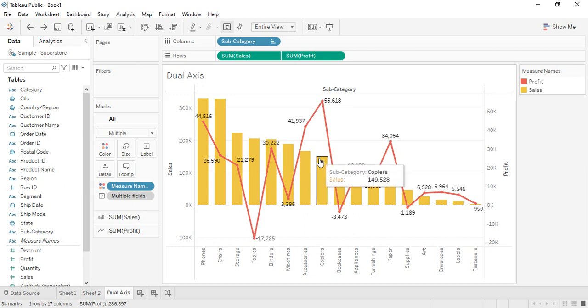That's the dual axis. Now this dual axis is actually working as a common visualization only. So any changes to the formatting that you want to make, you can just go to the format tab and perform any of those changes. Now let's talk about more values that we want to work with. Suppose